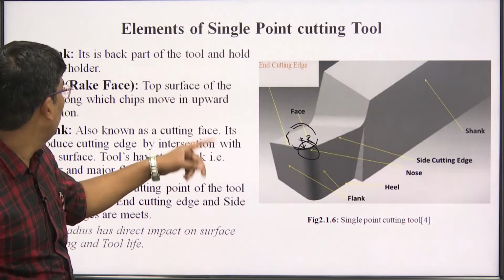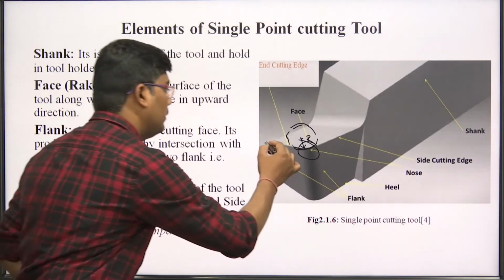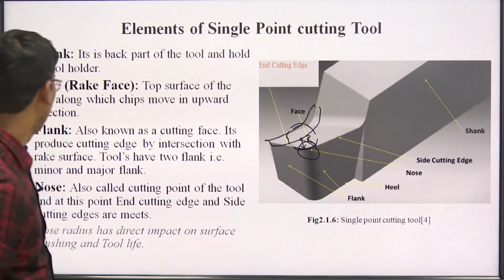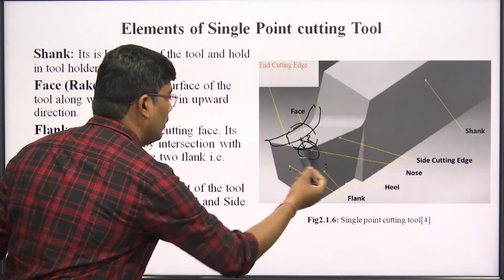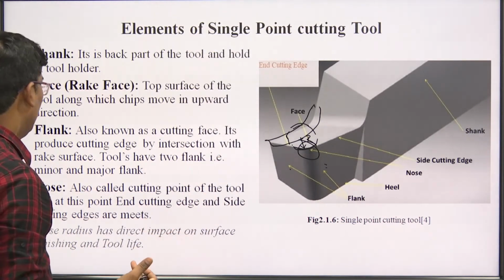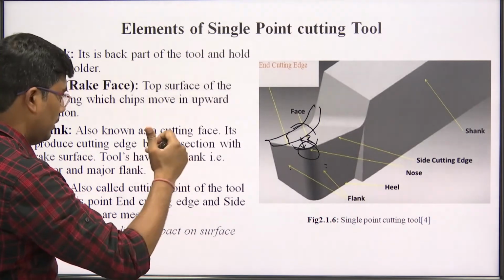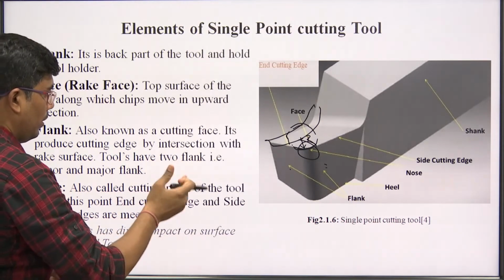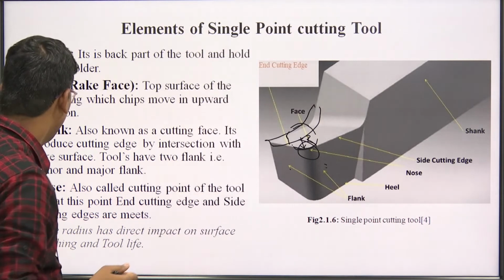फेस, रेक फेस जिसे कहते हैं, टॉप सरफेस ऑफ द टूल along which chips move in upward direction, this is a face, यहाँ से चिप्स अपवर्ड डायरेक्शन में मूव करेगा, दिस इज नोन एज अ रेक फेस। फ्लैंक, ये कटिंग फेस है जिसे फ्लैंक कहते हैं, और जिस साइड से जैसे आप कटिंग करोगे उस हिसाब से फ्लैंक चेंज हो जाता है। ठीक है, एक को माइनर कहते हैं, एक को मेजर कहते हैं। ये फ्लैंक जो होता है, जो आप रिलीफ सरफेस की बात कर रहे थे, वो वही फ्लैंक का पार्ट है जो कि टूल के लोअर पार्ट्स में और साइड्स में वर्कपीस मशीन सरफेस के ऊपर वाला पार्ट रहता है।